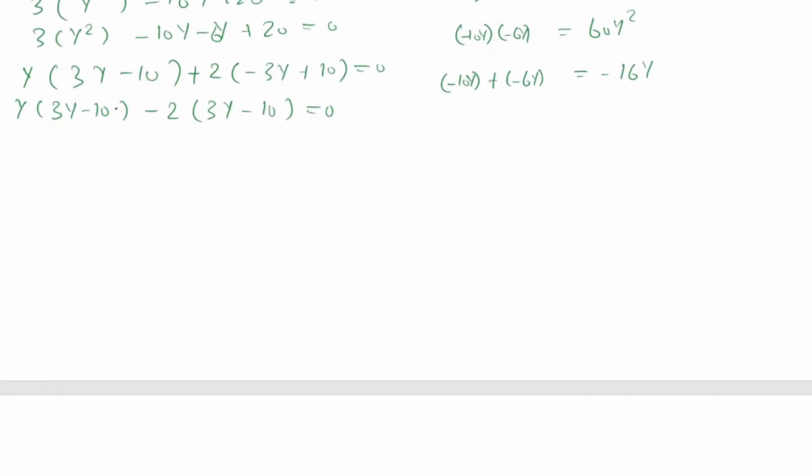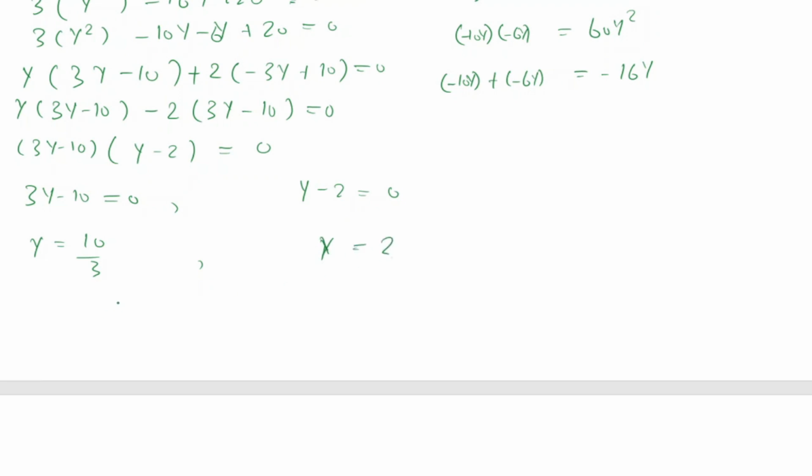अच्छा, अब अगर आप यहाँ पे देख लें तो ये 3y माइनस टेन यहाँ पे भी है और यहाँ पे भी है, सो टेक दैट इज कॉमन। 3y माइनस टेन यहाँ पे मुझे मिल रहा है जस्ट y और यहाँ पे मुझे मिल रहा है 2, that would be equal to 0, so I'm getting this equation is 3y minus 10 equal to 0 and this one is y minus 2 equal to 0। अगर आप इसको मज़ीद सॉल्व कर दें, सो इट इज़ 10/3, it is just positive 2।